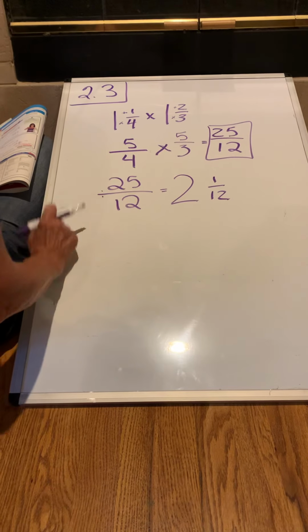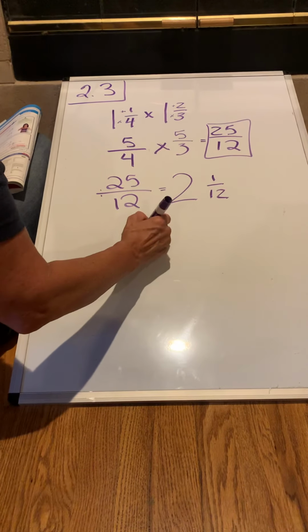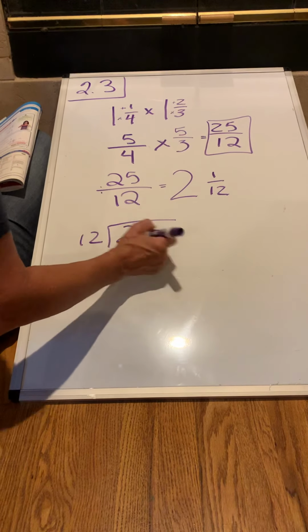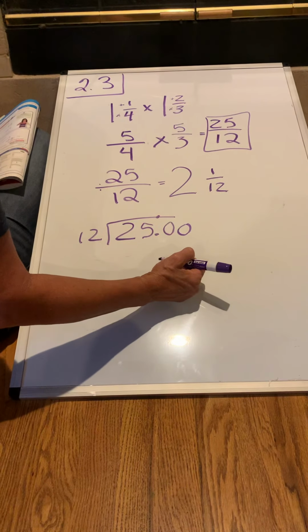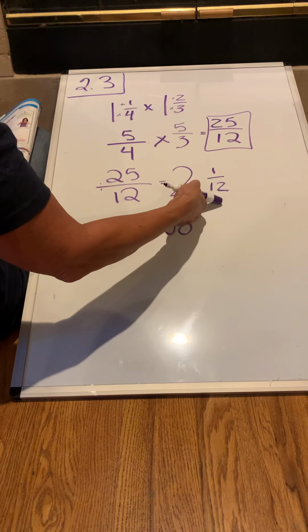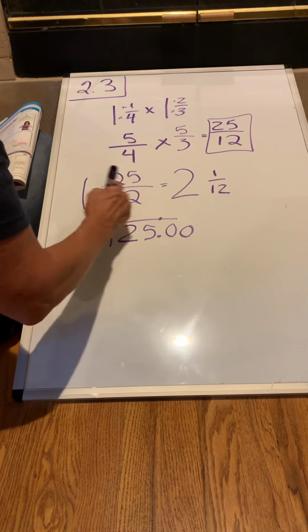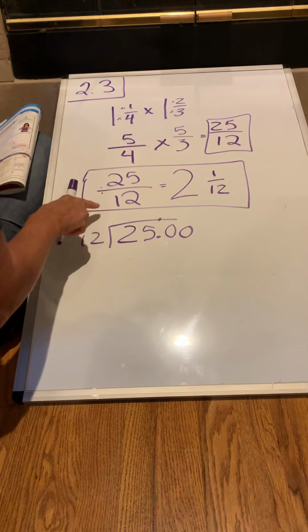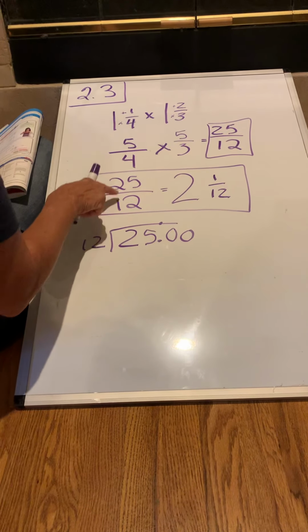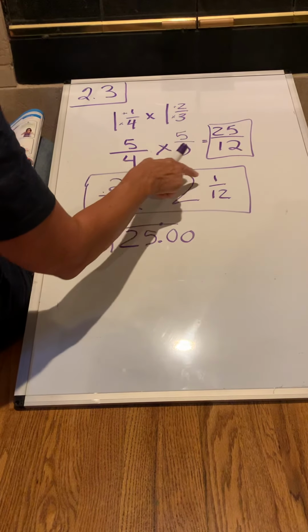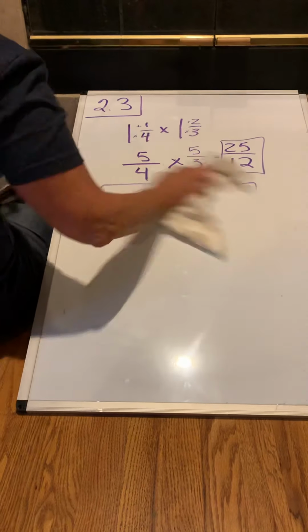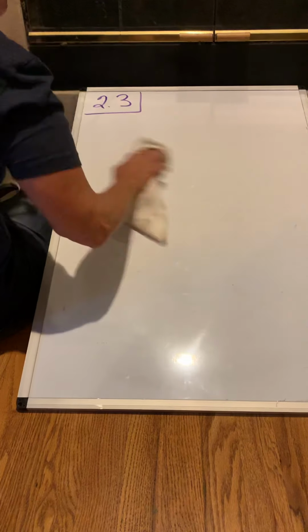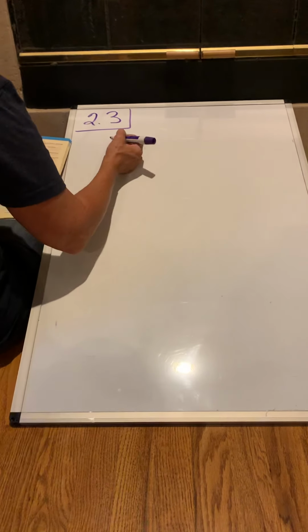Or if you want to divide, you can divide, and that would be 25 divided by 12. If you do that, you're going to have to put your decimal point, add your zeros, and then convert your remainder into a fraction. So if I were you, I would try this first. Ask yourself how many times the denominator goes into the numerator, and then put your leftovers on top of the denominator. Okay? Now the last example that they give you on the top of page 58 is 4/5